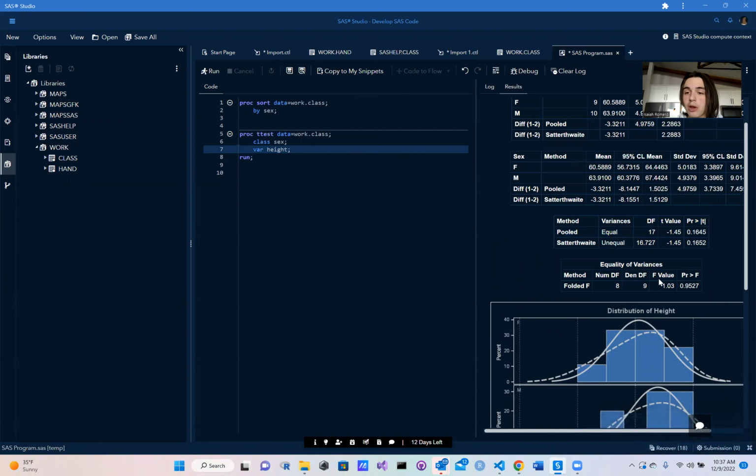So first we want to look at the equality of variances. The equality of variances is going to tell you whether the variances between the two data sets are actually equal or not. We're going to look at this p-value right here, and in our case, our p-value is greater than 0.05, and our null hypothesis for the equality of variances is that they're equally varied, or the variances are equal. But if it's less than 0.05, don't worry,